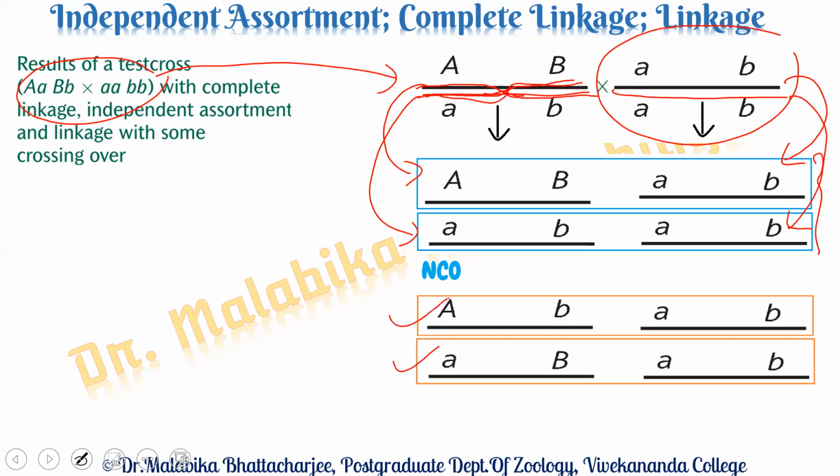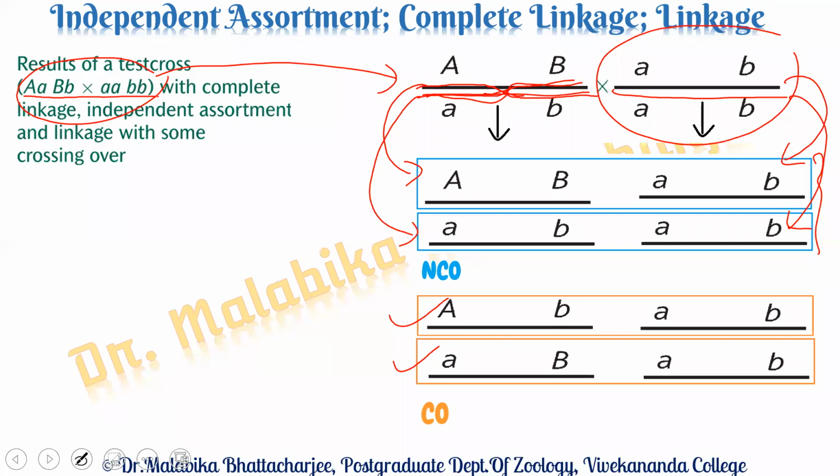So we saw the two products. These two products are not similar to the parental genotype, so they are known as the crossover products. Crossing over has occurred in between the A gene and the B gene. So in such a case, when we are having a cross like this, capital A, small a, capital B, small b crossed with small a, small b, imagine what are the situations that can arise.